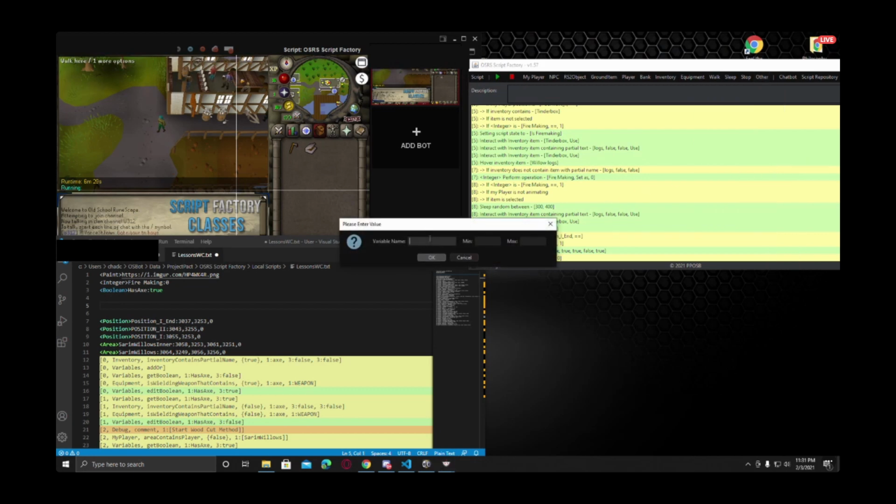Okay, so this one's going to be efficiency. That's fine. Min is going to be 1. Max is going to be 10. Press OK. What are these for? So 1 is going to be the bottom number, 10 is the highest number, and then efficiency wise, we can roll if